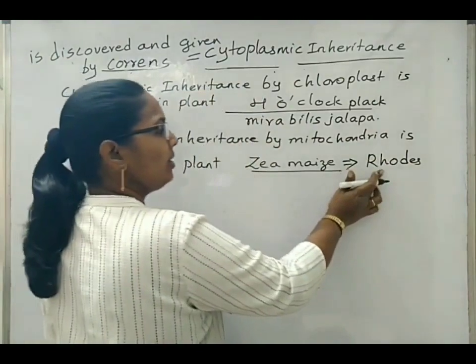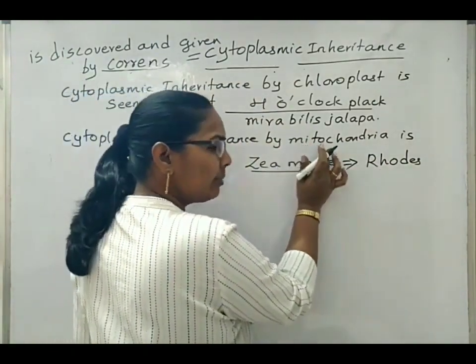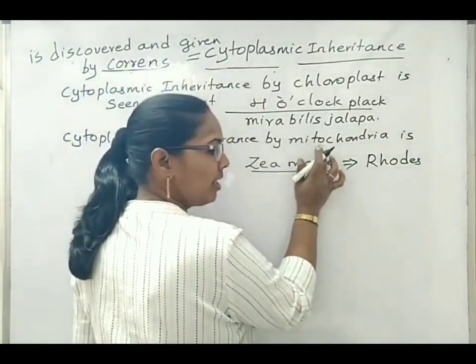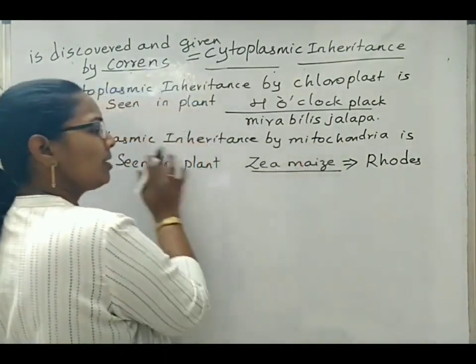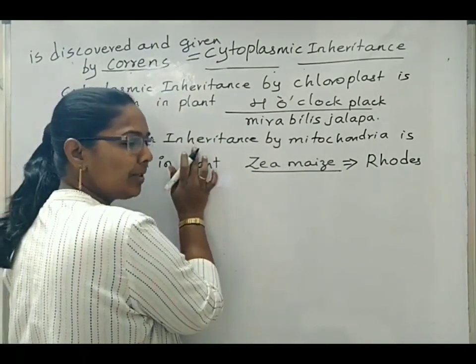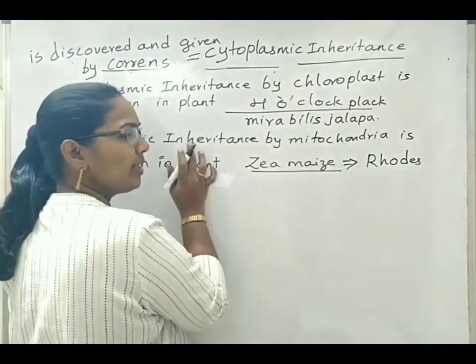This person identified that the genetic material, that is double-stranded, circular, naked DNA present in the mitochondria, is responsible for cytoplasmic inheritance, meaning the transfer of characters with the help of